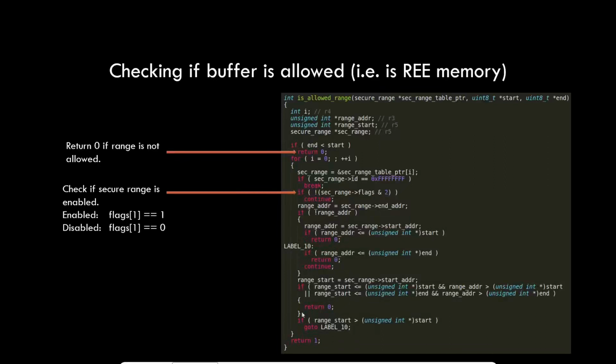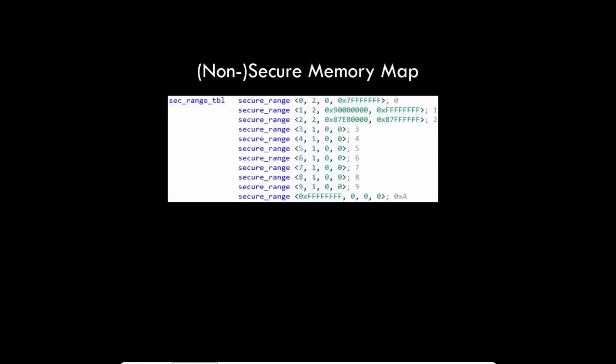So we will not perform the check, but skip to the next entry. It's interesting that if the range is allowed, so if you are not able to find any secure memory range that overlaps with the range that you've passed, then this is allowed. Then the range start and end you have passed is accepted as non-secure, so good to be operated with.